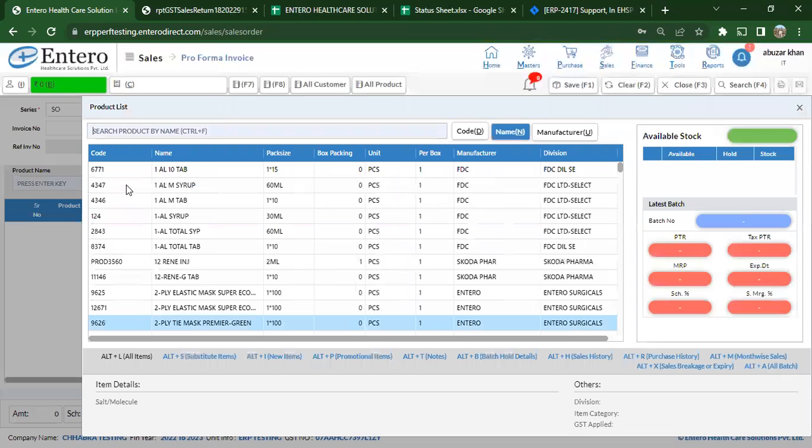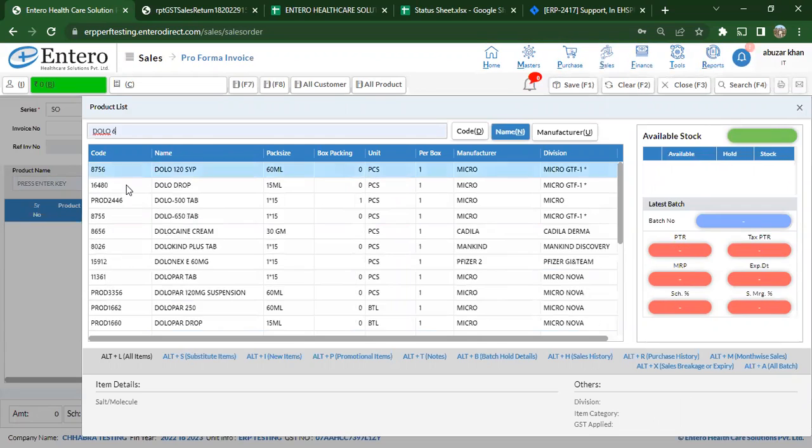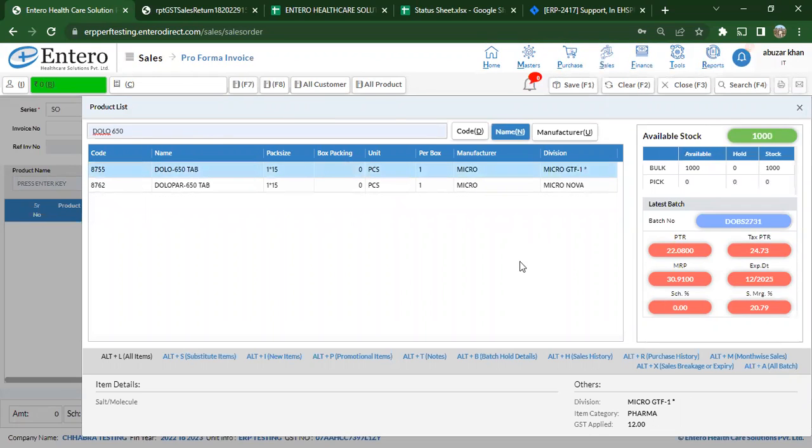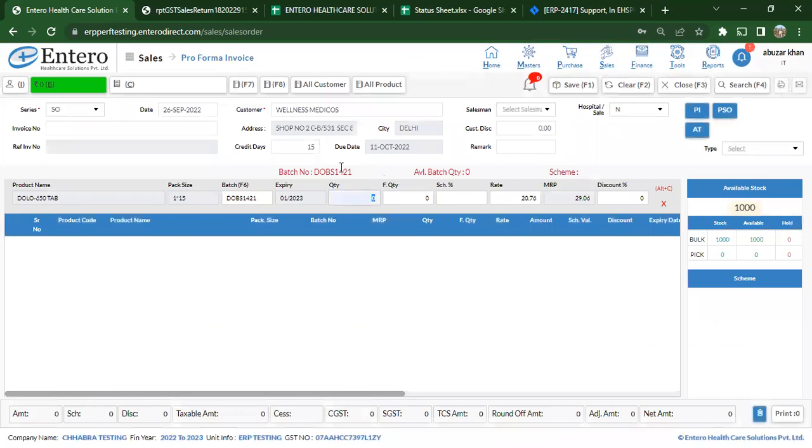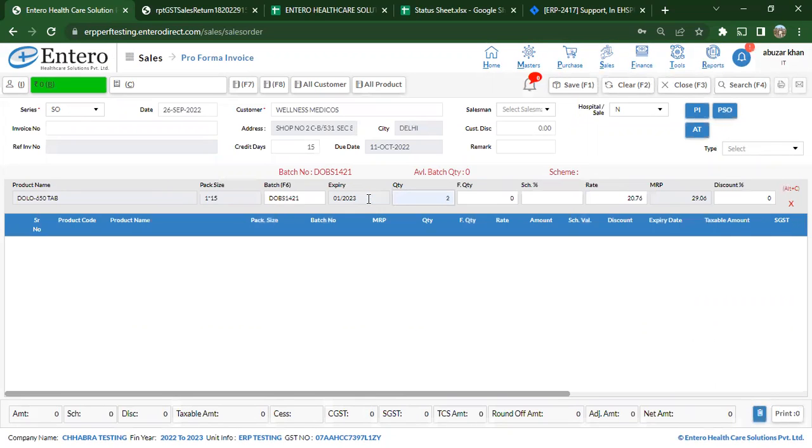select the product name here, Dolo 650. Here we can see the available stock, PTR, MRP, scheme percentage, tax PTR, expiry date, and sales margin. By clicking, we can select the product. Here we can put the quantity,